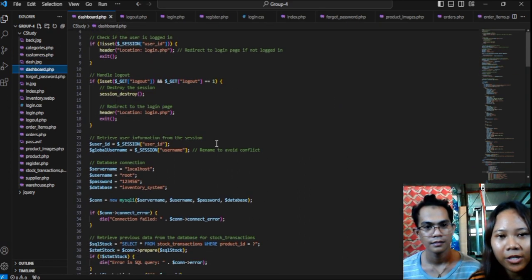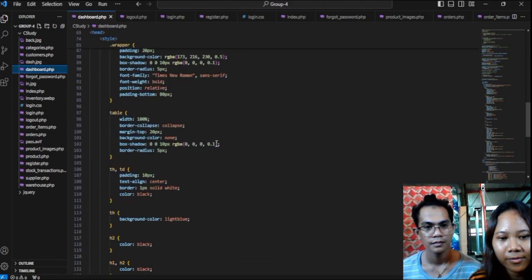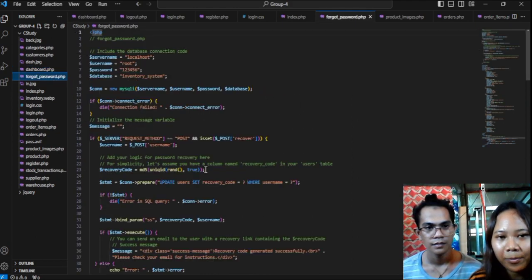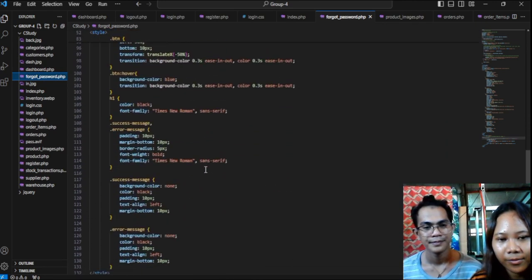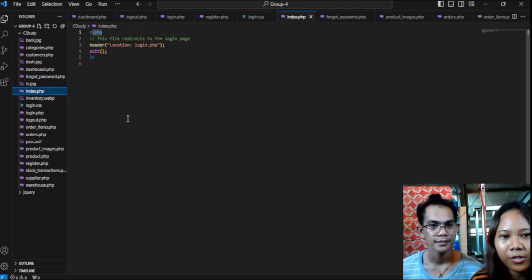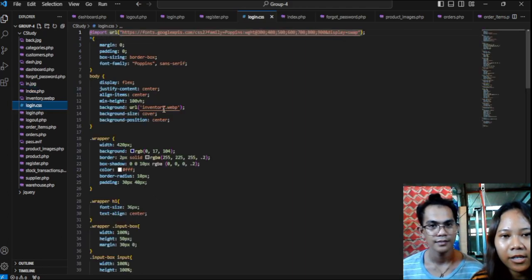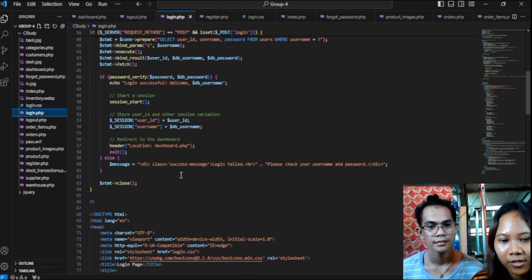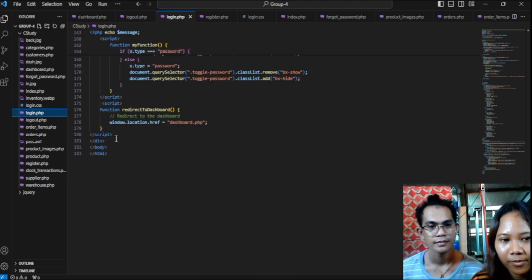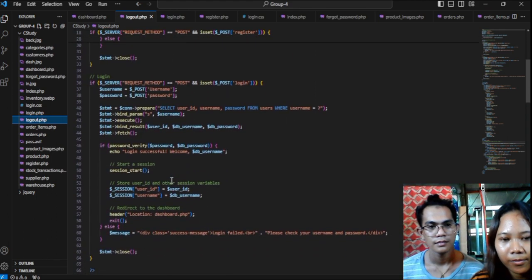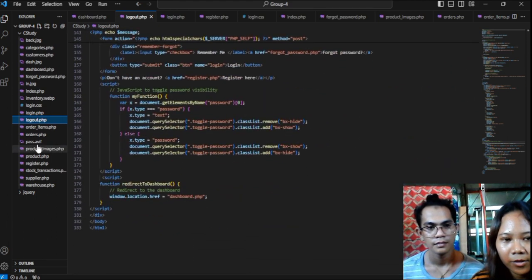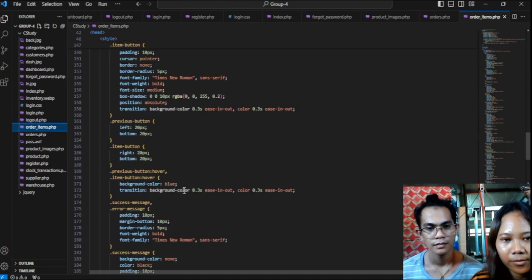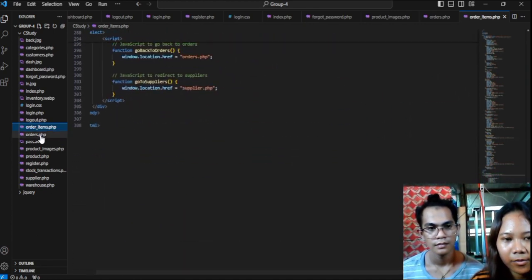And here also for the dashboard PHP. And for our function, forgot password, our index PHP, the login CSS, our login.php, our logout, order items, for orders,